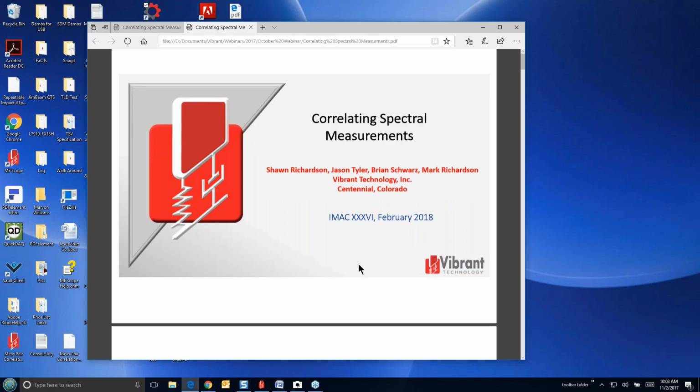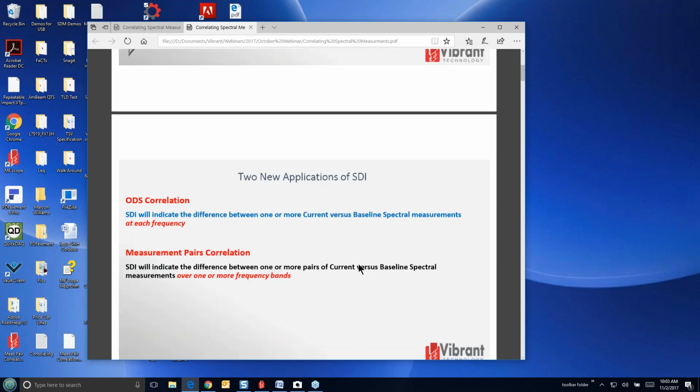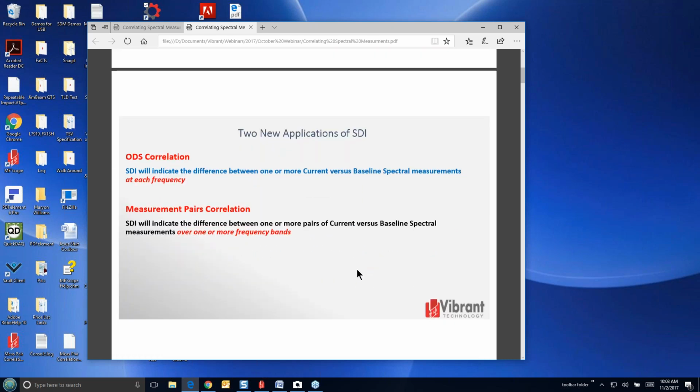I'm going to go through a few slides here just to introduce our topic for today. We're going to use a metric that we've added into MEscope. It's been in here for quite a while, and we're just finding more uses for it now. It's called SDI, and that stands for Shape Difference Indicator. Now, many of you may be familiar with the Modal Assurance Criterion, or MAC.